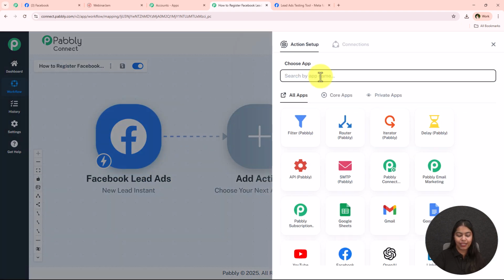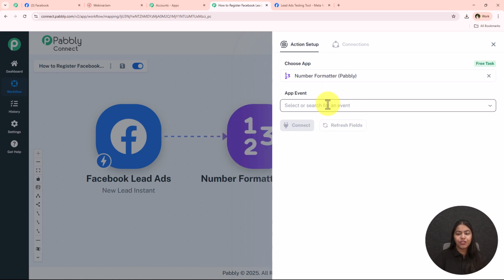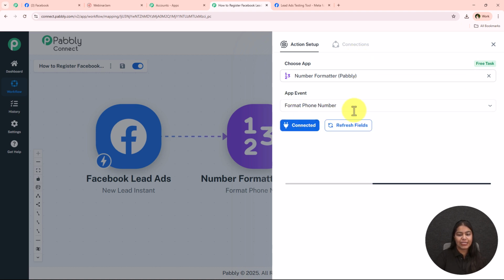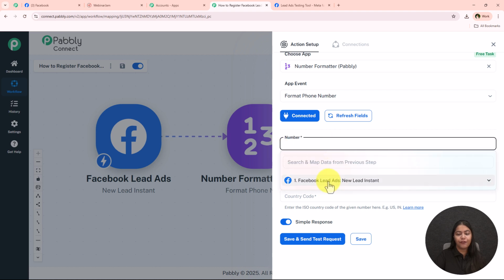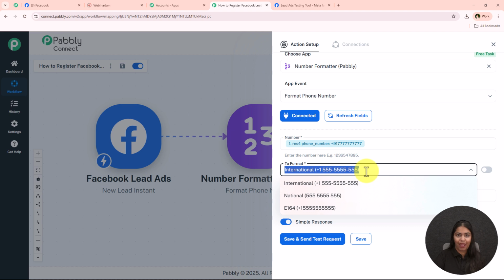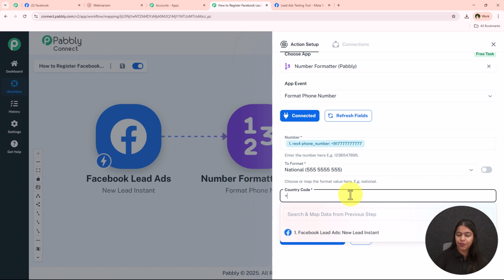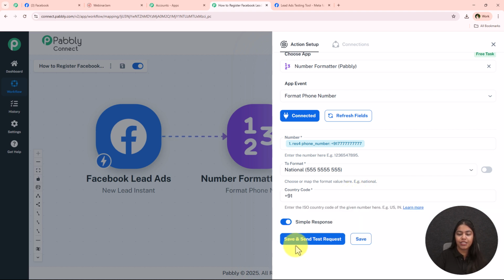For the action application, you can select number formatter, which is a feature by Pabbly. And what you can do is you can simply format the phone number by going towards this action event, which is format phone number. You can go towards this connect right from here. You have to simply map the phone number right over here, and then over here you have to select the format. So over here I'm just going to create this automation only for India. So I'm just going to select the format as national right over here and keep this as static. Now for the country code, I'm just going to simply enter the Indian country code